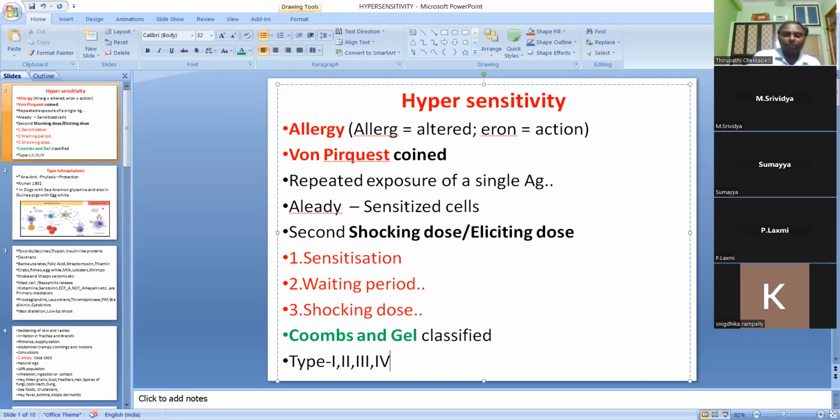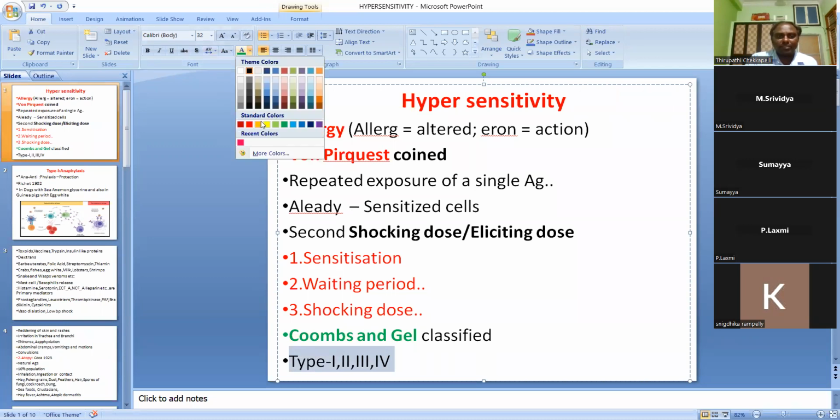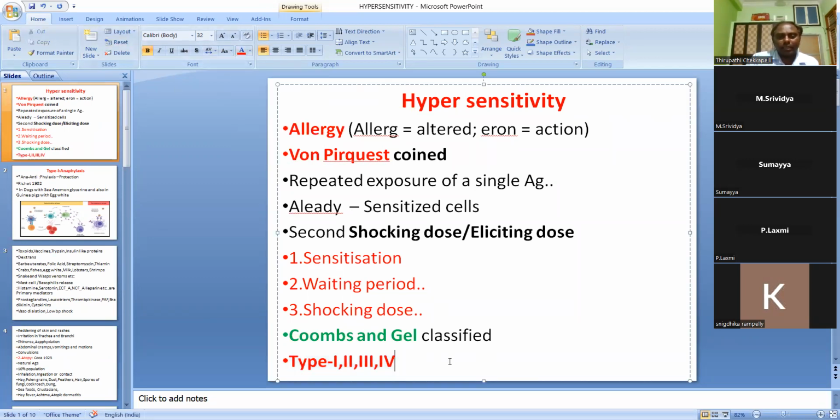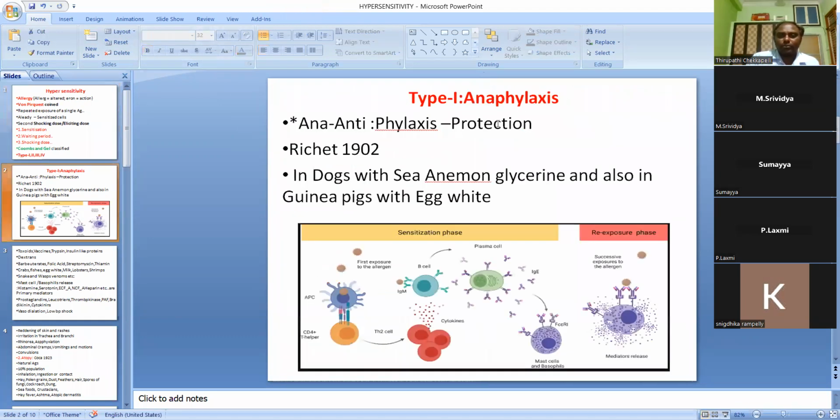Okay, they are type 1, type 2, type 3, type 4 hypersensitivities. Simple as that. There are four kinds of hypersensitivity reactions. They are simply type 1, type 2, type 3, and type 4. So type 1, there are different names for